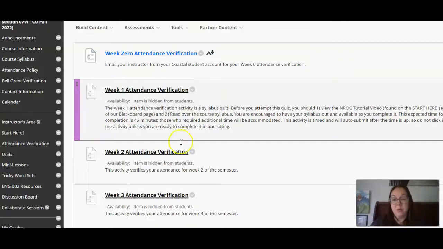But for this week 1, it's a syllabus quiz because I want to give you an incentive and motivation to read that syllabus because that is our document with our course policies. It's like a contract. So if you're in the syllabus quiz just hating it, please know the rest of these weekly attendance activities are way more fun.